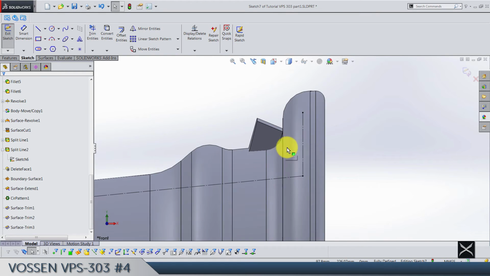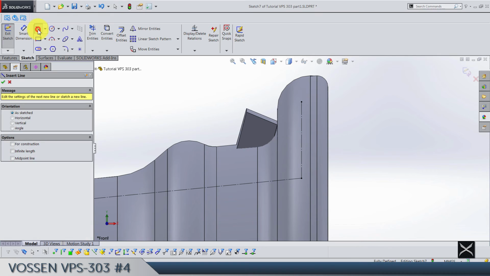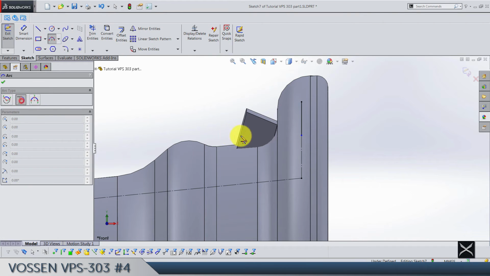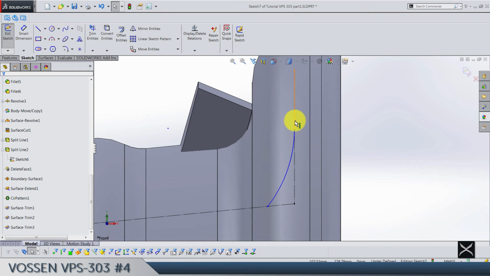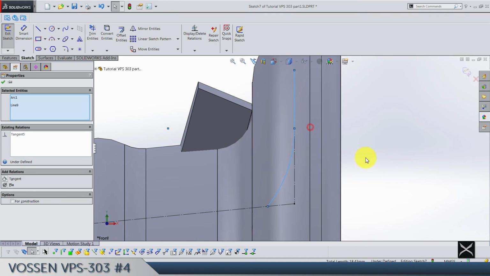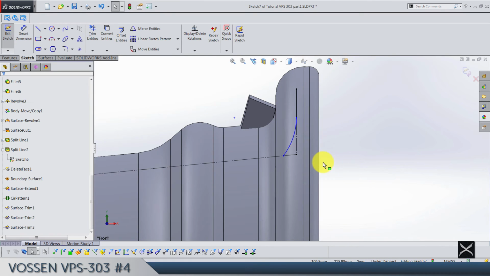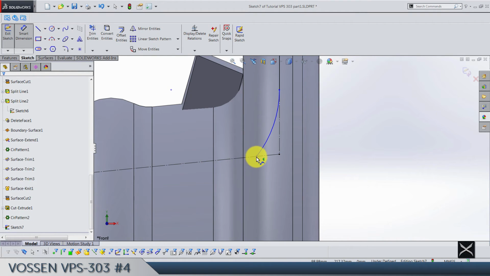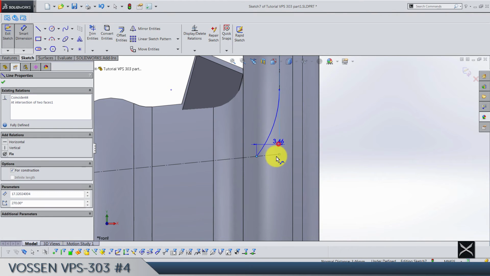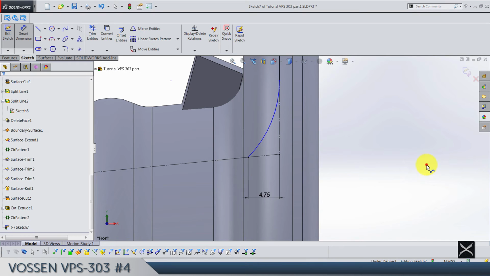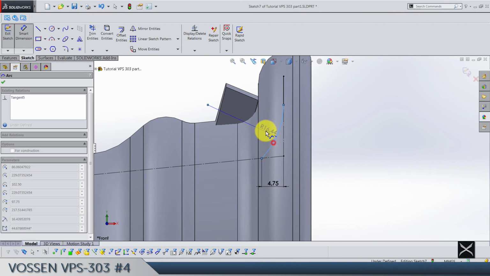Let's use this shading and make a line that goes from this one somewhere around here, and we need then the arc, tangent arc, that goes from this point here. Now what we want is this line and this arc to be tangents, but we don't want this arc and this line to be tangent. That's why we are making this sketch. So use dimension tool to make from this point to this line 4.75. Now we have a radius here 12,